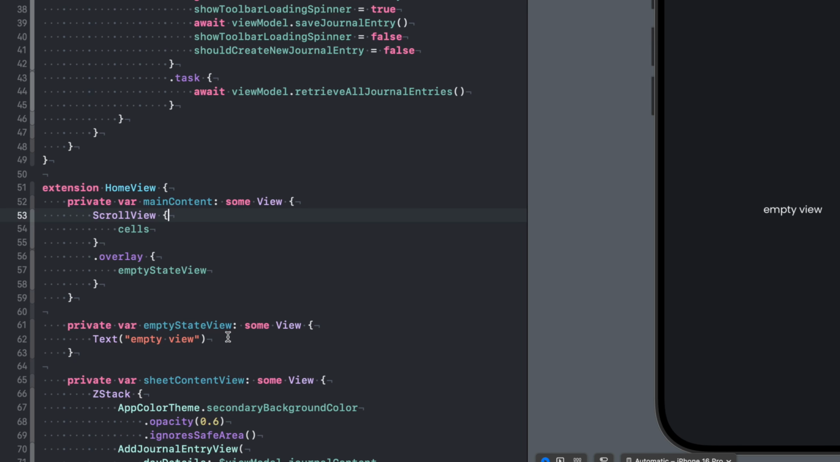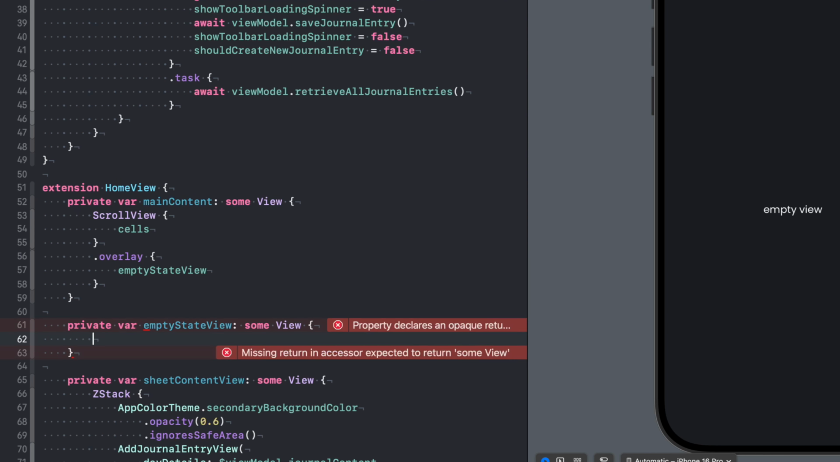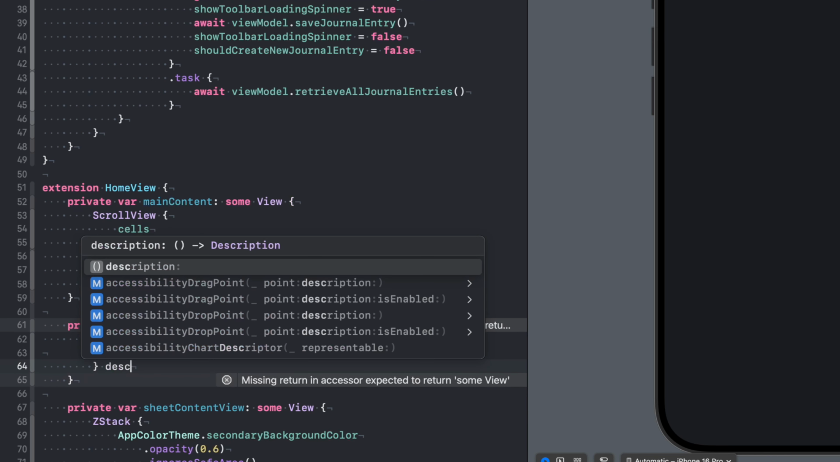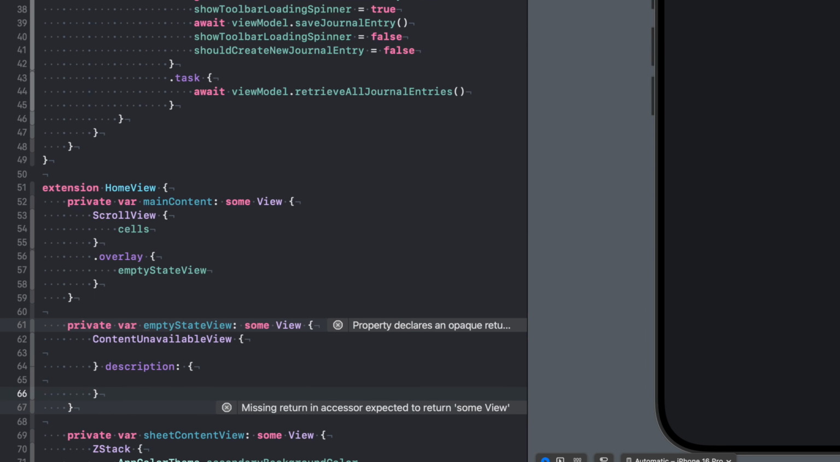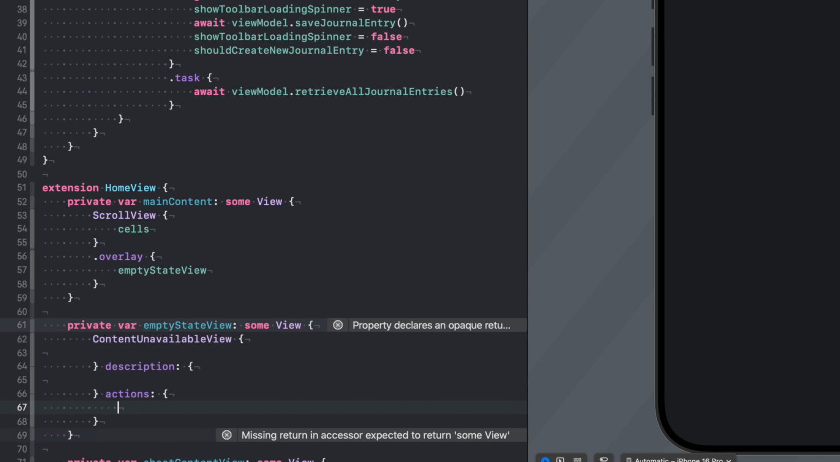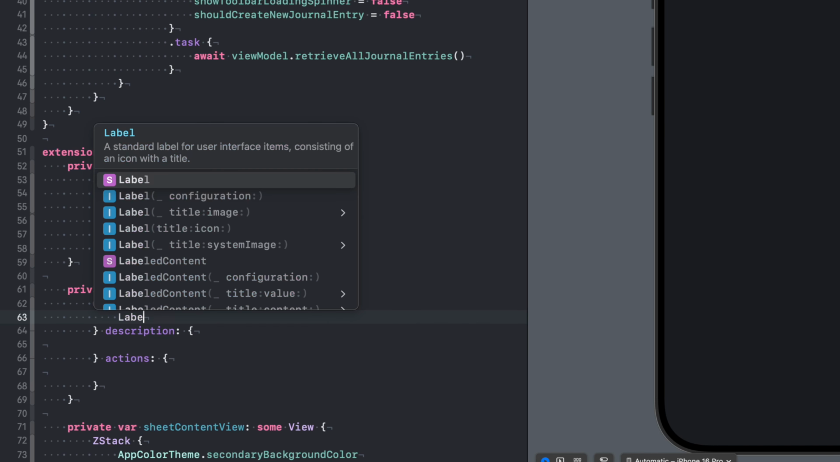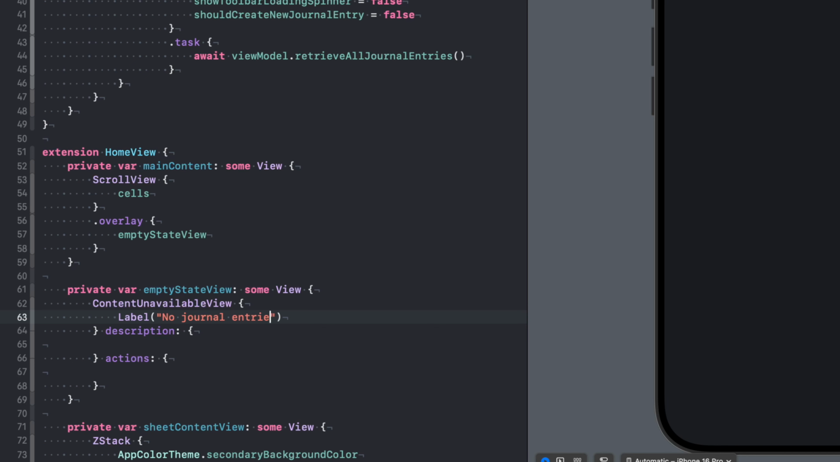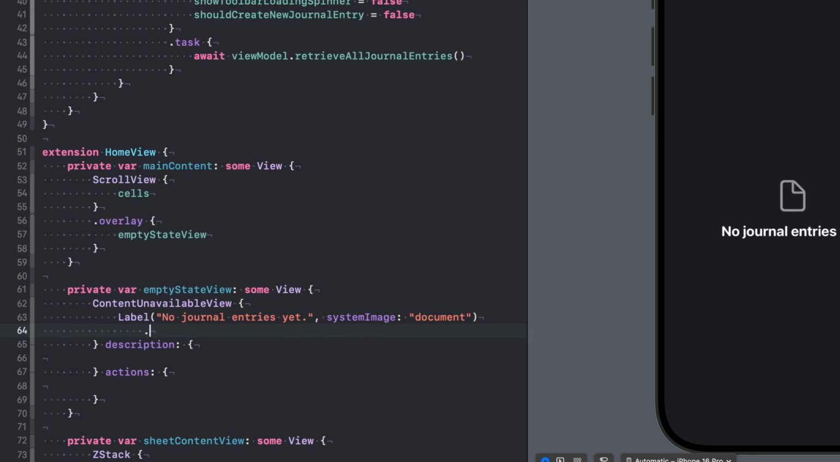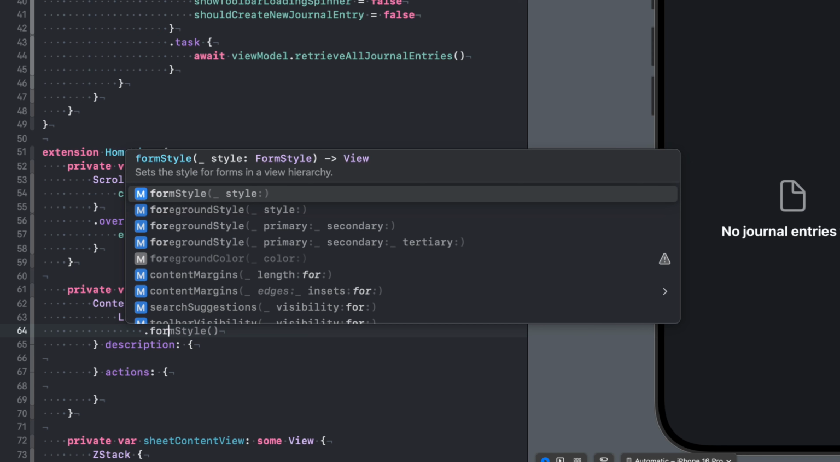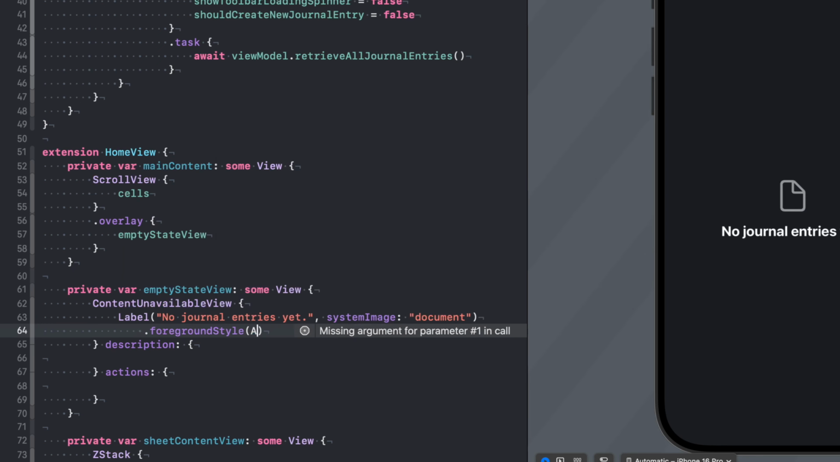So now let's build this empty state view, delete this text, and type the following: ContentUnavailableView, brackets, we have a description, brackets, and we have some actions, brackets again. For the label, the first set of brackets, we can type label, no journal entries yet, and we can also use system image for this label called document. Let's apply our foreground style that we have in our app. So foreground style app color theme